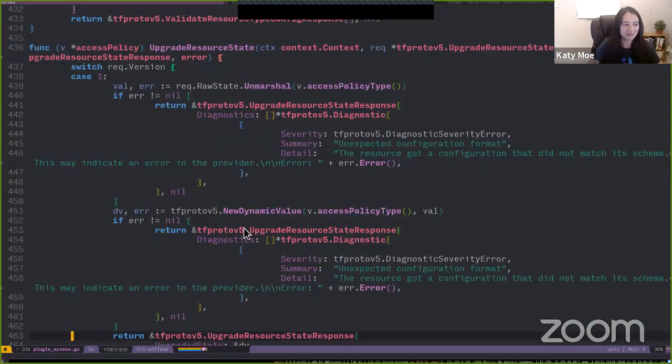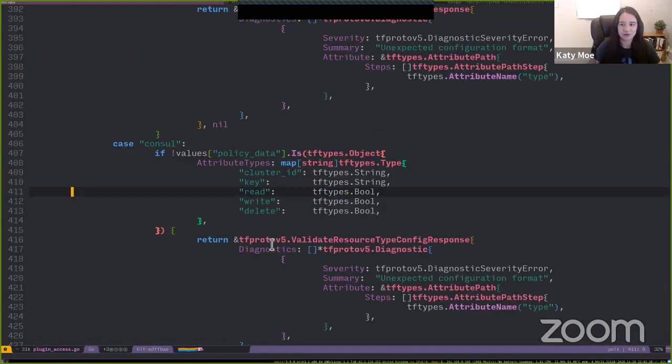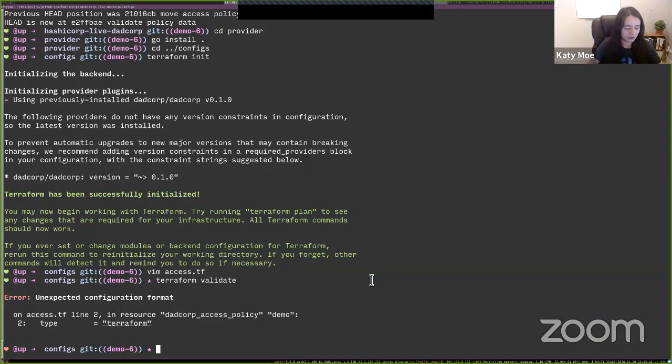So as Paddy was showing earlier, you now have control in these diagnostics of how the error is displayed to the user. It looks like I probably just haven't told it where to show the problem with the user, but that's exactly what it would do. And importantly, it has validated before it bothered to send a network request that there was an unexpected value in that dynamic config.